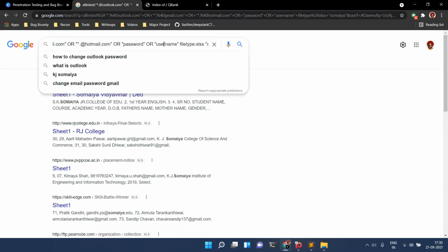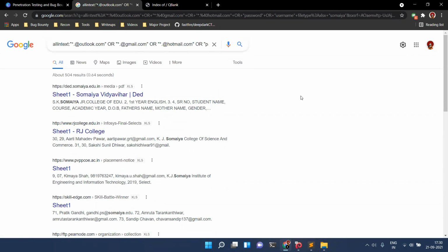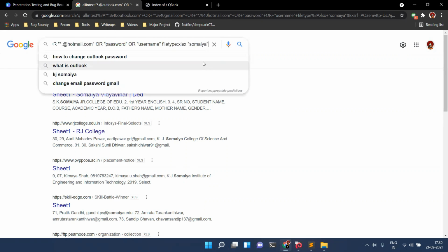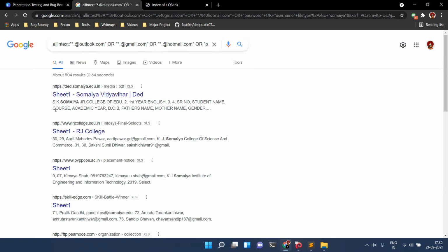All password or username, and filetype is XLSX, and Somaiya. Can anyone randomly tell me what this means? Email ID and username, password. Emails, usernames, passwords with Outlook, Gmail, Hotmail, anything, but of those users where the word Somaiya belongs.